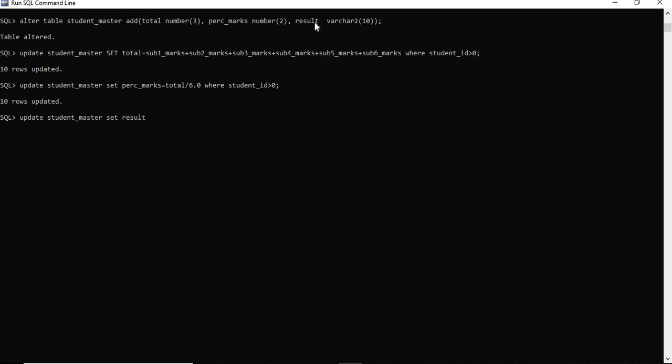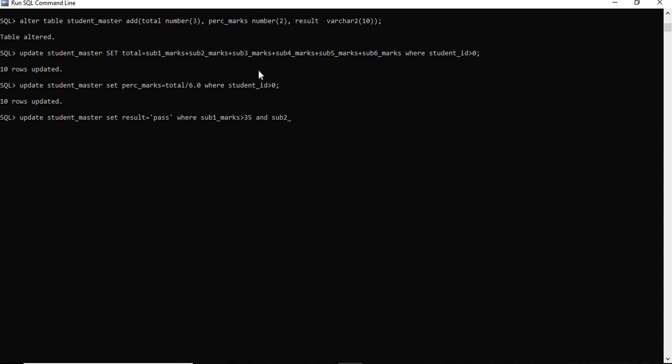Okay, here we have defined that field name is equals to pass where subject 1 marks greater than 35 and